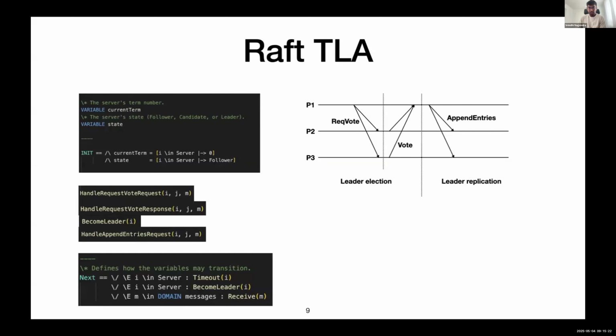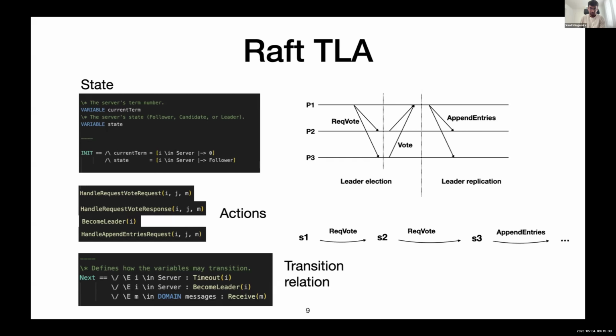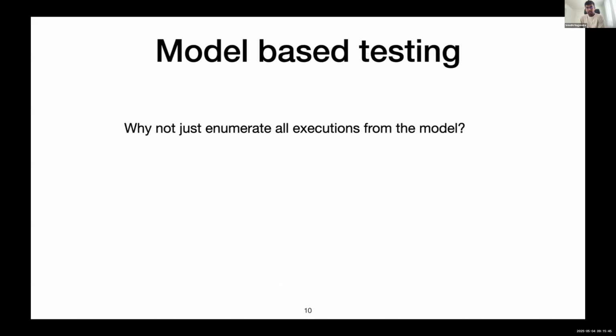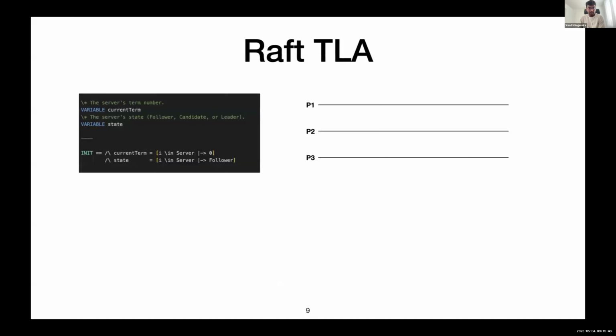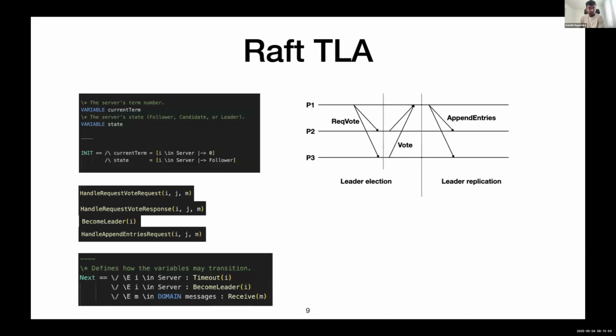But the actual TLA+ model of Raft that was released with the protocol and the implementation comes with these particular actions, which say timeout, become leader, or receive a message. And the message can mean anything. So you have the state, you have actions, and you have a relation that says how to get to the next state. And basically, it's a state transition system. Right. So, okay, just to go back, here's the model. You have some state, you have some actions and relations.